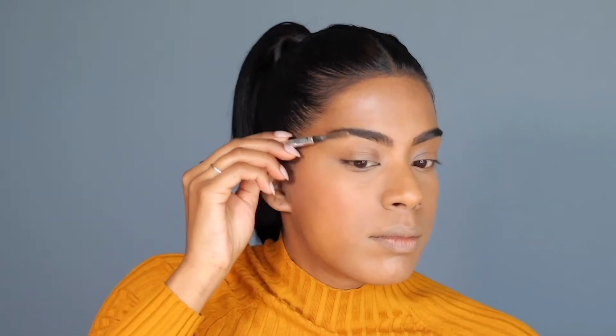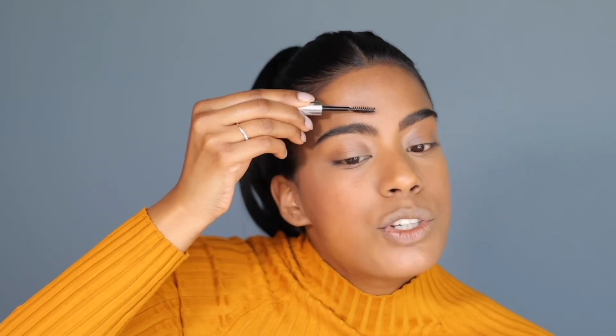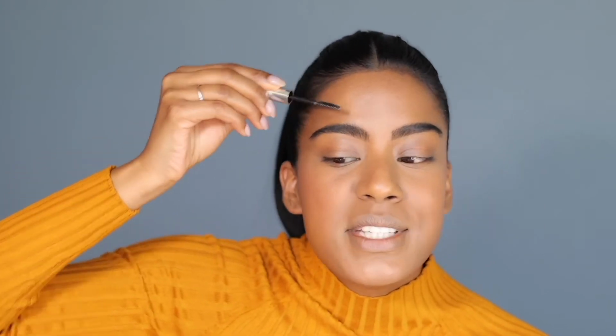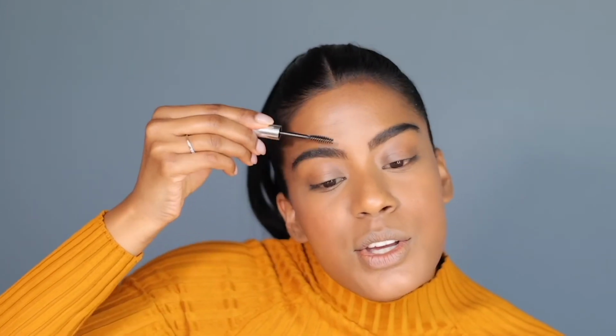The other thing, you guys, make sure that you continuously brush the product through with the spoolie. That also helps you to keep the eyebrows looking natural. Then I'm taking my Anastasia Beverly Hills Clear Brow Gel and setting my eyebrows in place. So what I make sure to do is I push the eyebrows in the opposite direction, and that's what helps to make the eyebrows look bushy. So I'll push them up and let the product dry